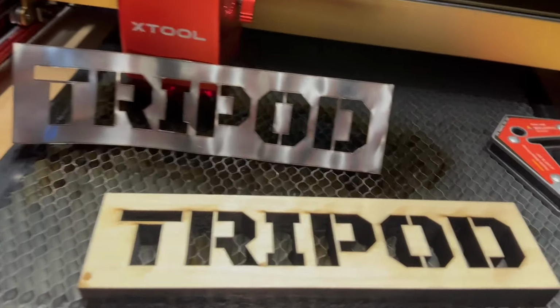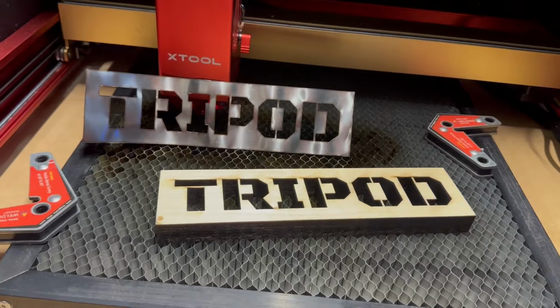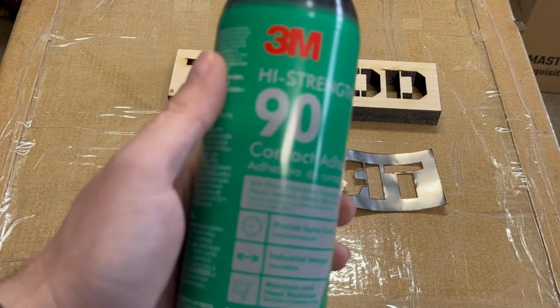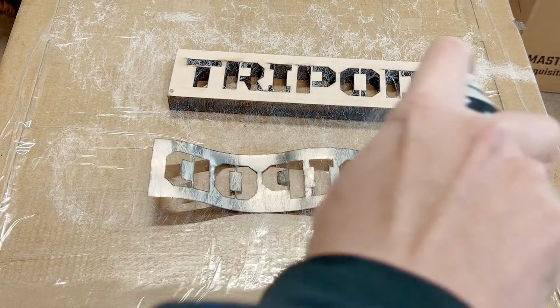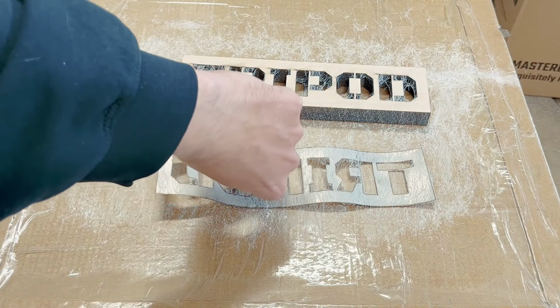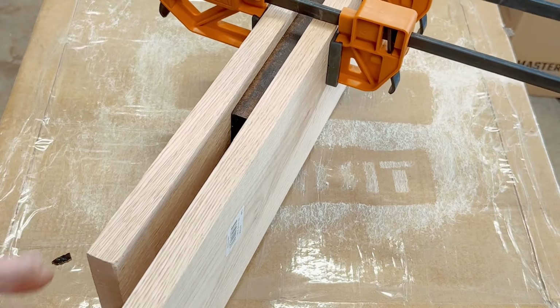I did manage to get it off and knock out the letters, and I tried to straighten it the best that I could. Still a little wavy. Now it wasn't my intention to join these two together, but let's go ahead and do it. Let's take some spray adhesive, coat both sides, and test for tackiness. And then we're gonna push it on there. We're gonna use some clamps, push it together,